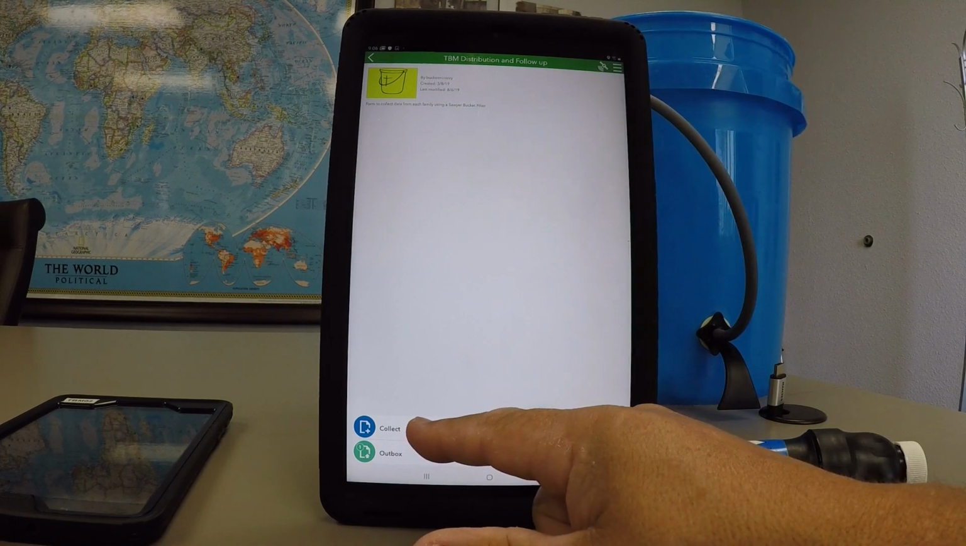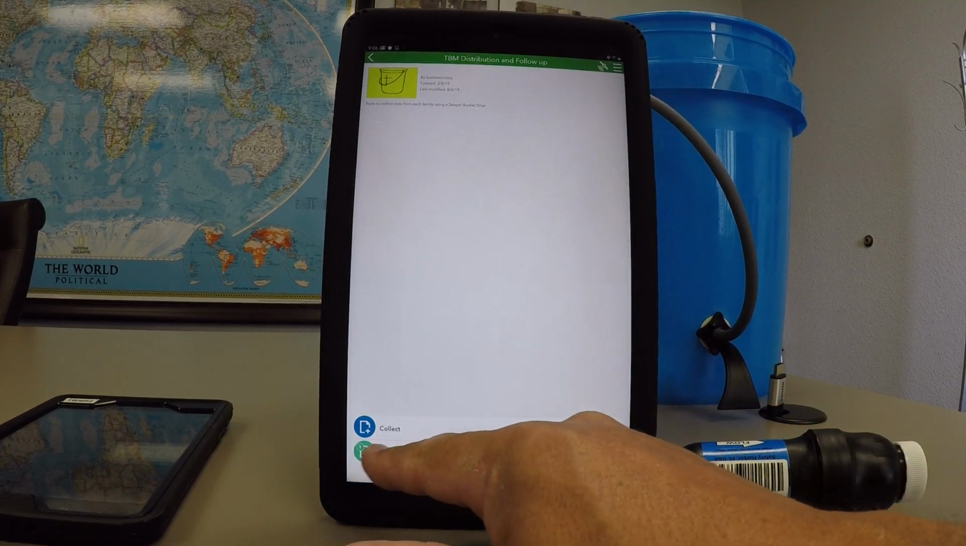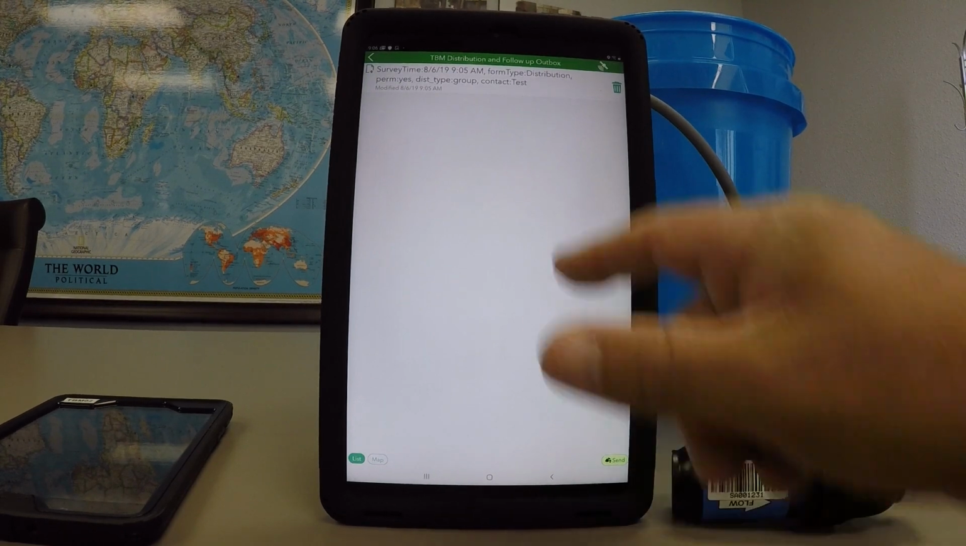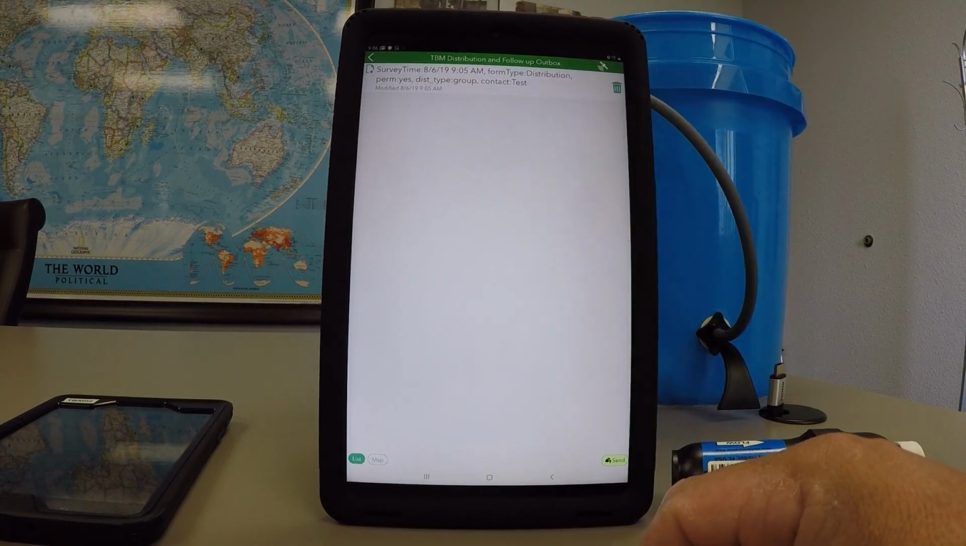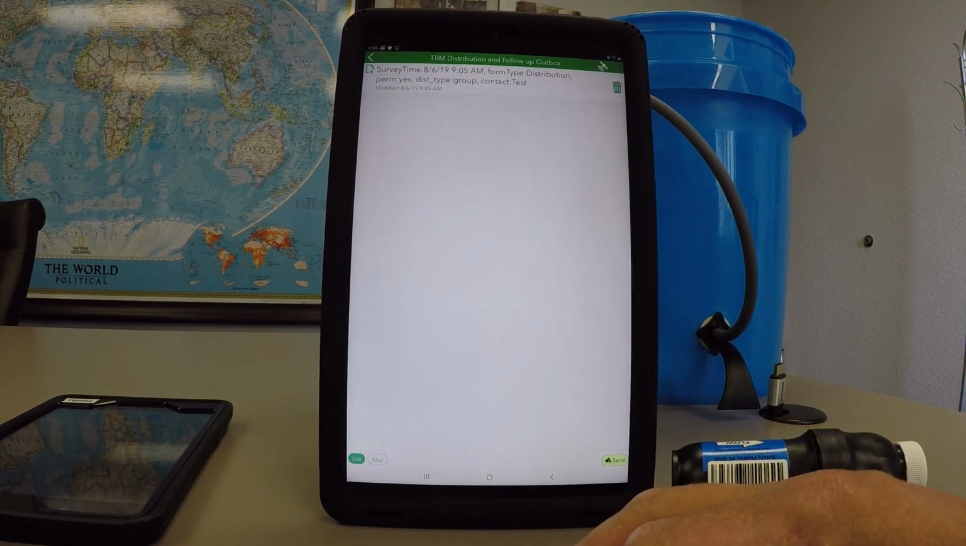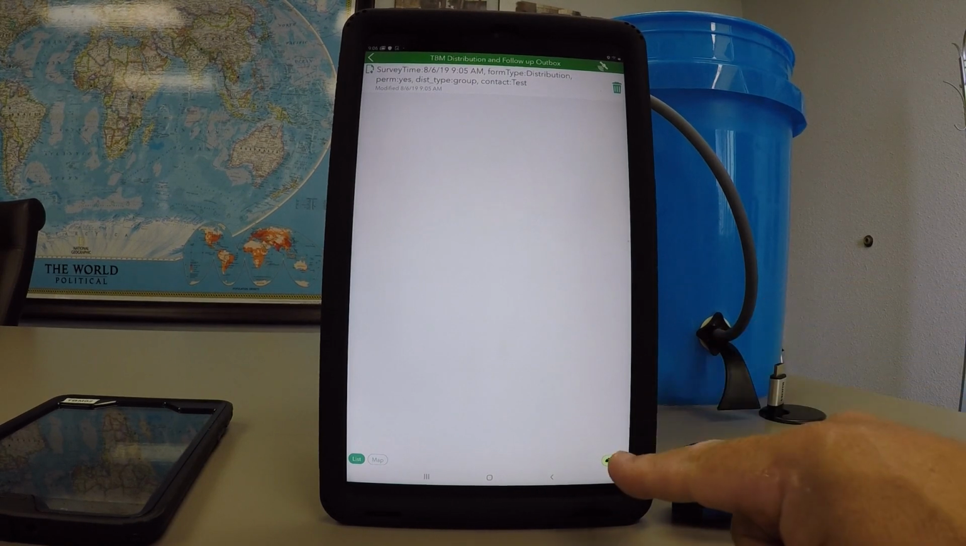And so if you look down here, we used to have just the collect button, but now we have an outbox button. If we click that, it will open up and show us the survey that we just completed that needs to be sent so we can organize that data. So right in the bottom, if you're connected to Wi-Fi again, and we only leave the devices